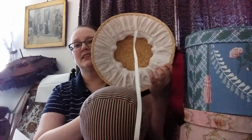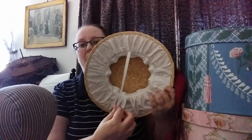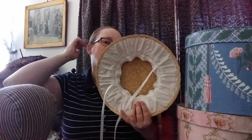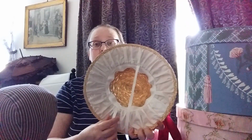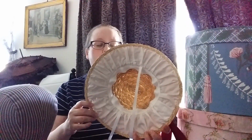So inside this hat, I guess we gotta move the little head. Inside this hat are a pair of ties. And each one sits just above, where the hat's gonna be, kind of like above your ear point. One on either side. If you look at originals, you're gonna find remnants of these ties, so little narrow ribbons,